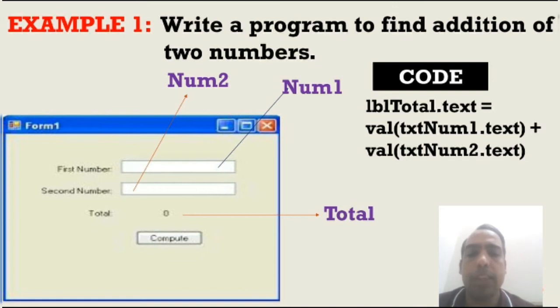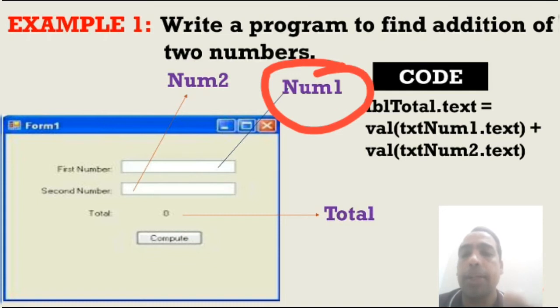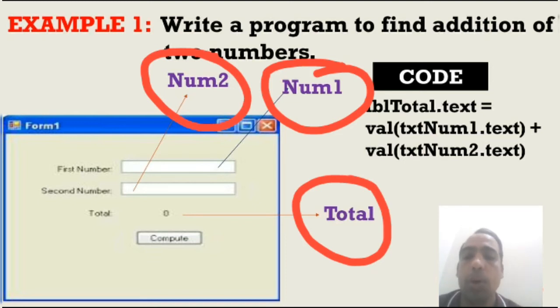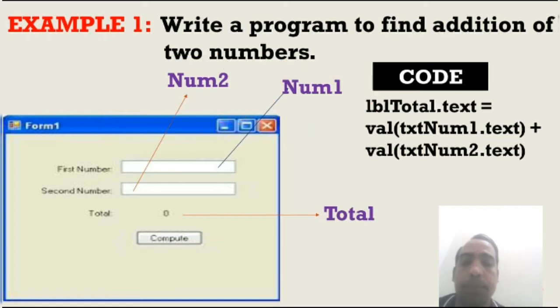Now I will explain the first program of Visual Basic. Write a program to find addition of two numbers. You can see the designing part of this program. In this design, name of first text box is num1 and name of second text box is num2. Label name is total, which is used to store result, and this button is used for calculation.